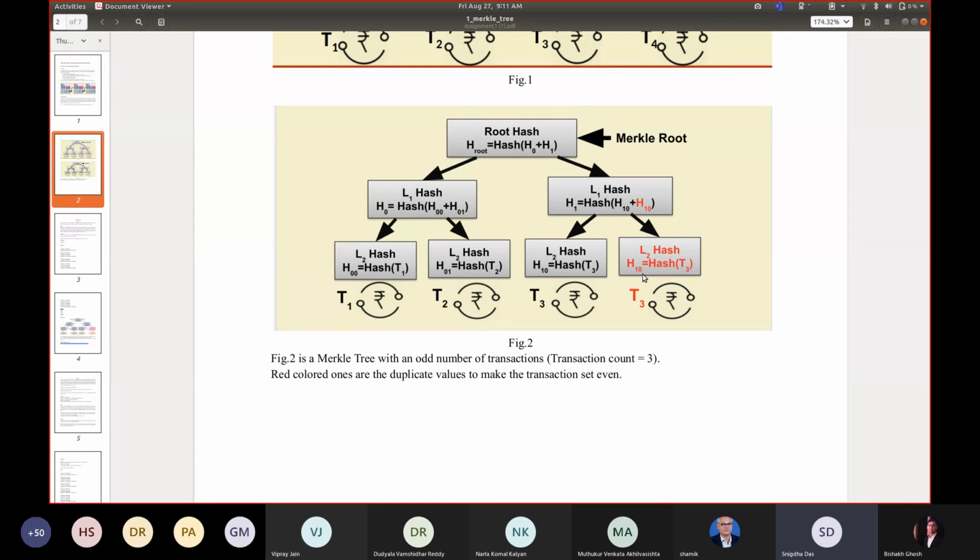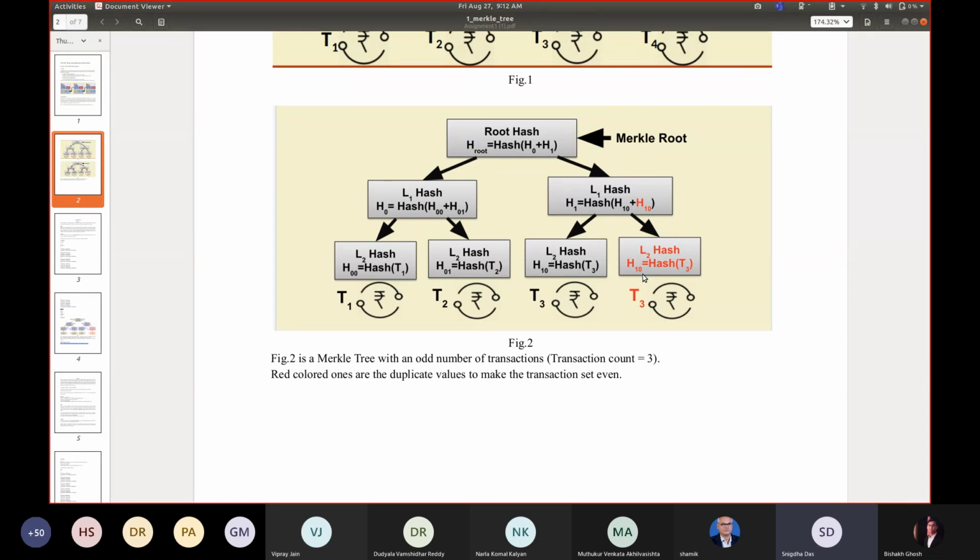So we are copying T3 twice, and this red color is the copied one. We make the hash of that, which is the hash of T3 twice, so hash of T3 is H10. We take the hash of H10 and H10 again to make H1, and the rest of the things are the same as for the even number of transactions.